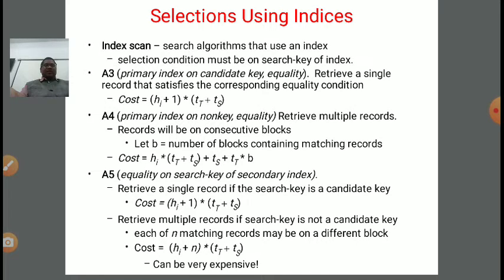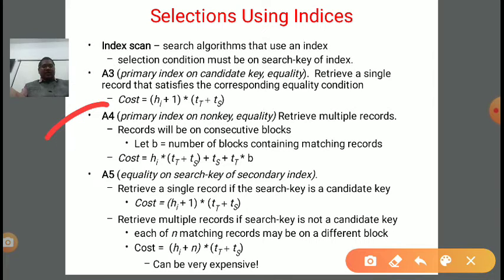So if you see the formula for A5 and A3, primary index on candidate key and equality, and equality on search key of the secondary index, the cost for both is (h_i + 1) × (t_T + t_S). The formula is the same, so the cost will be the same, whether we apply primary index on candidate key and equality, or equality on search key of the secondary index. Both will have the same cost, right?